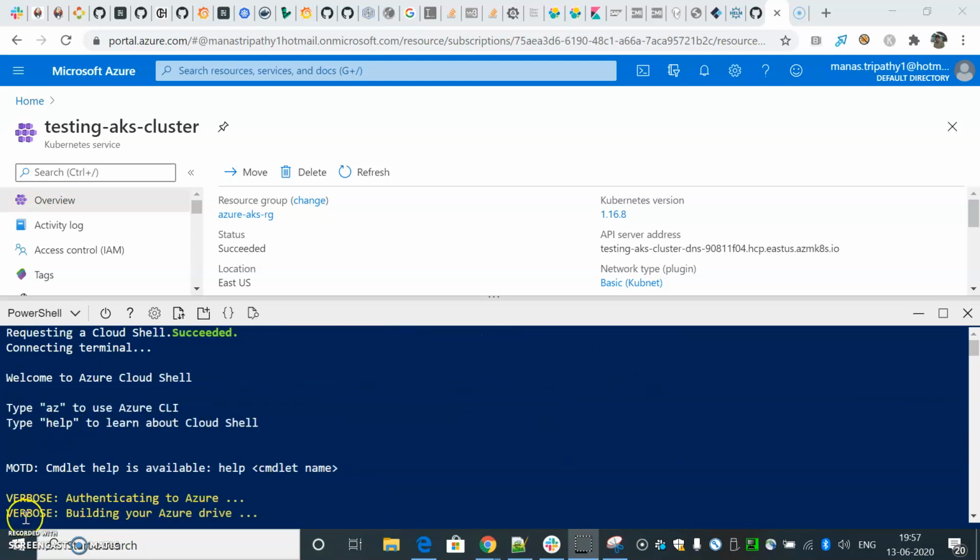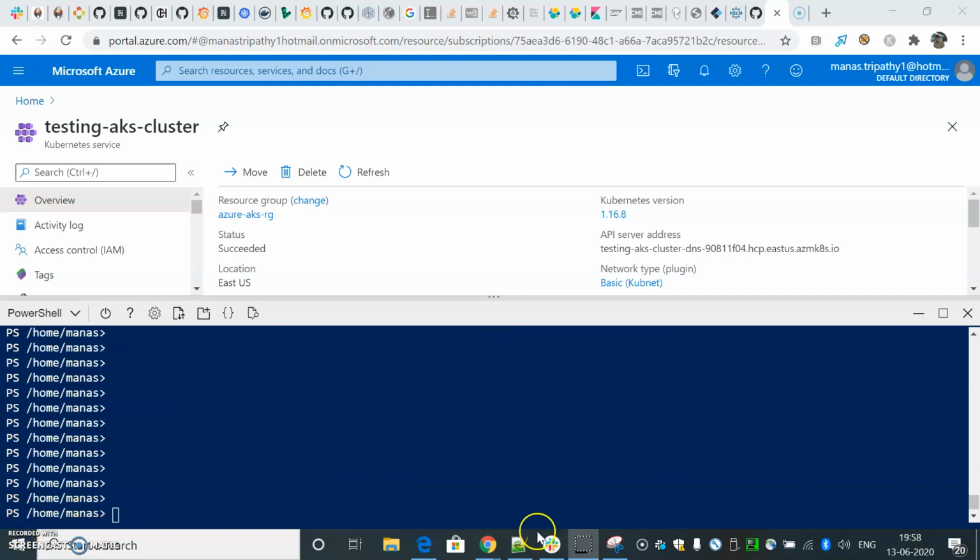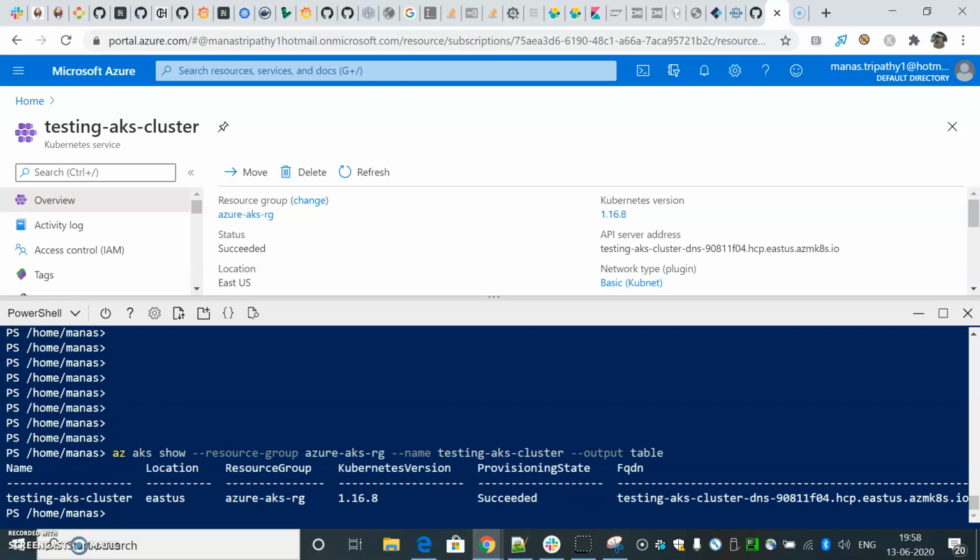I'll run the same command again to see if my cluster is upgraded or not. az aks show, resource group name and the cluster name, output table. Yeah, you can see my cluster has been upgraded.